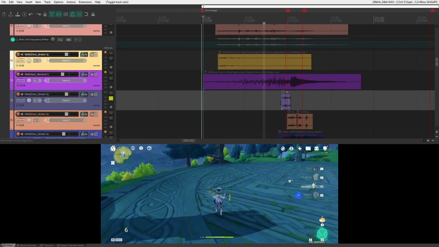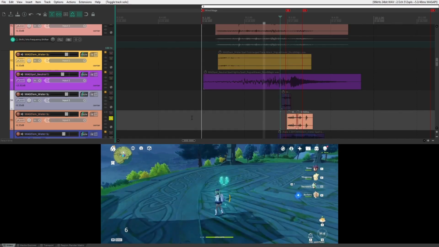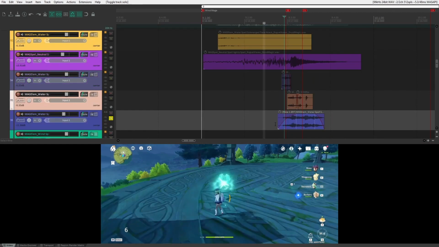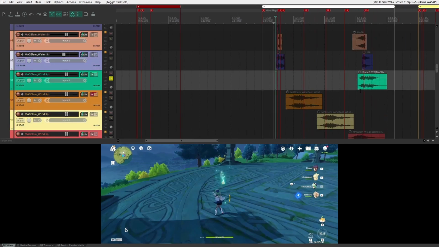Then we've got this little water spell here, just to give a little bubble pop to it opening up. Then we've got this other water spell, which is just some more water pops. Then we've got this other water spell. I thought it exaggerated the wings because it looks kind of liquid. And then we've got this sound here,